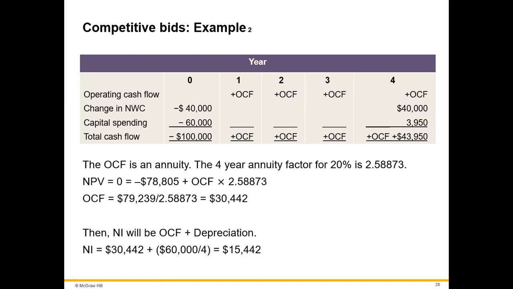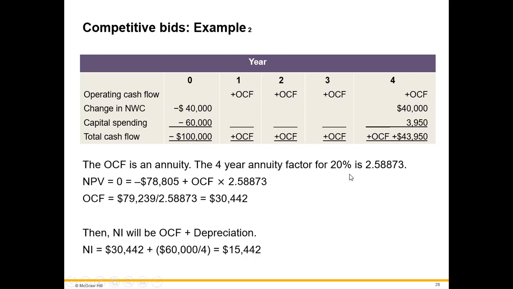I'm going to use my calculator. I'm going to go in my apps, my finance. My N is 4 payments. My I is 20. My PV, I'm going to put in as negative $78,805. And I'm going to go down and solve for my PMT, $30,442. So that's the amount of operating cash flow that will make my net present value 0 with a 20%